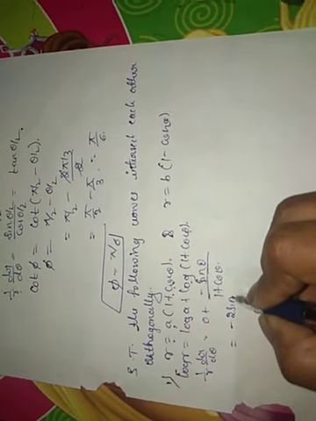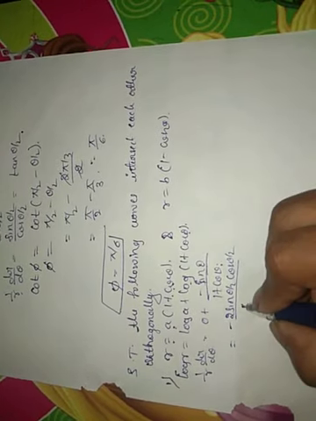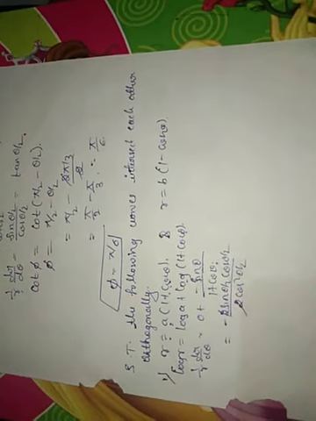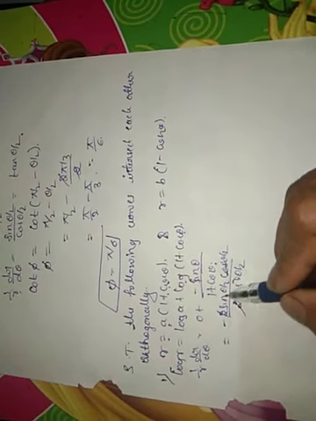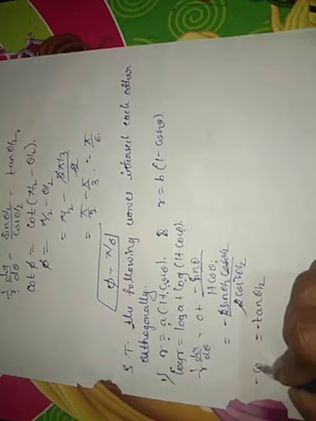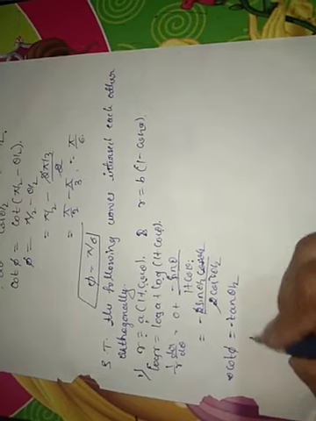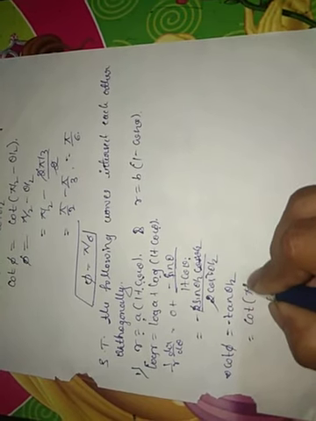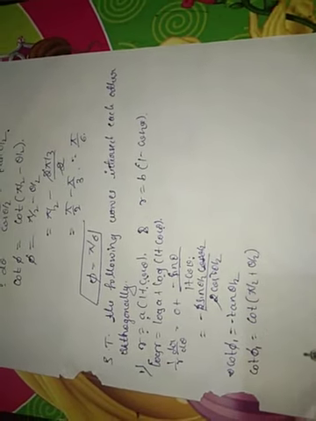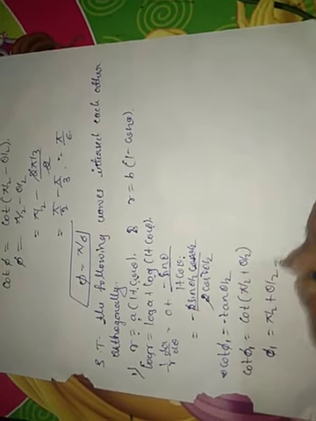Minus sin theta can be written as 2 sin theta by 2 into cos theta by 2. 1 plus cos theta can be written as 2 cos square theta by 2. The 2 cancels, and one cos will be cancelled here. Sin theta by 2 by cos theta by 2 can be written as minus tan theta by 2. 1 by r dr by d theta can be written as cot phi here. Minus tan theta by 2 can be written as cot of (90 plus theta by 2), that is cot phi 1. Therefore phi 1 equal to 90 plus theta by 2.